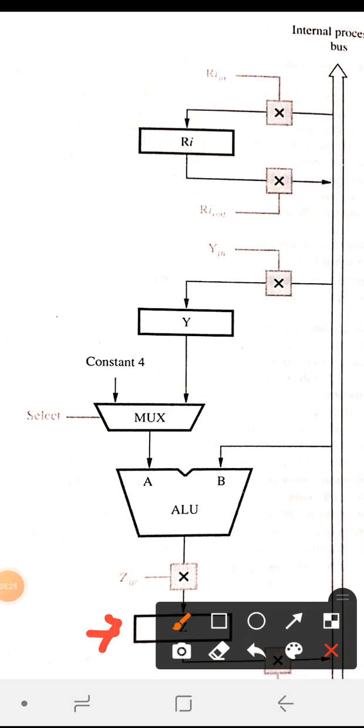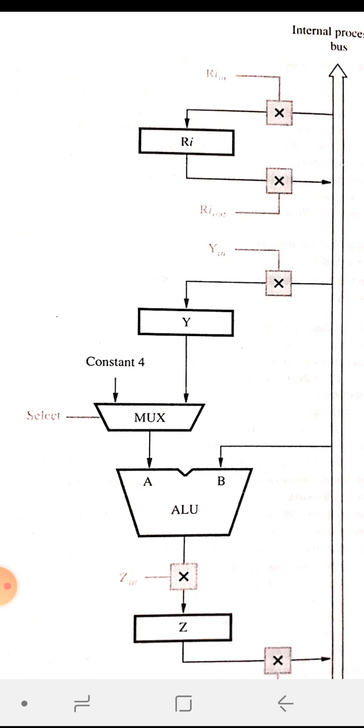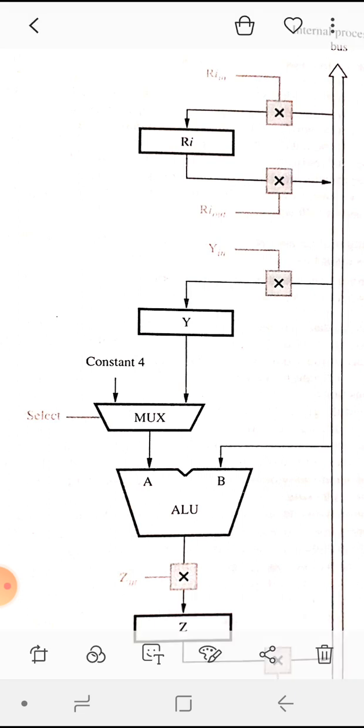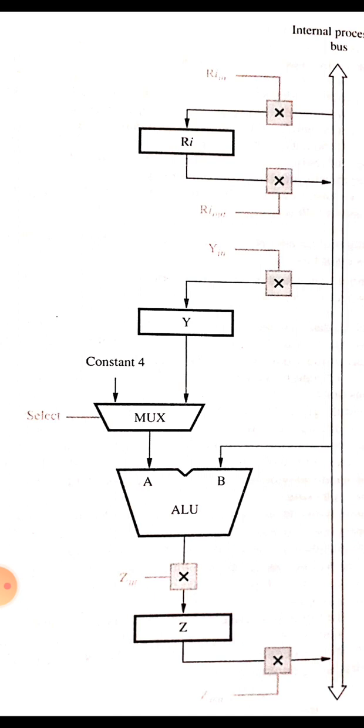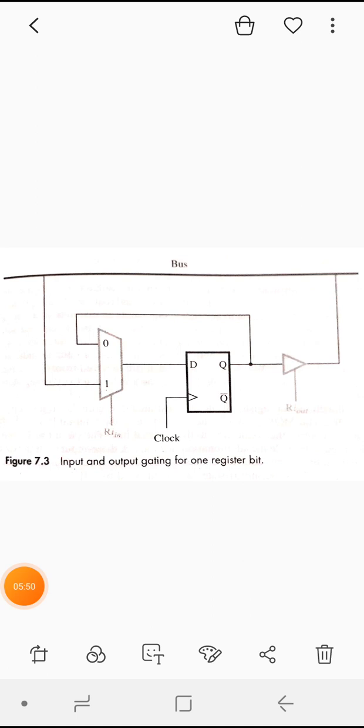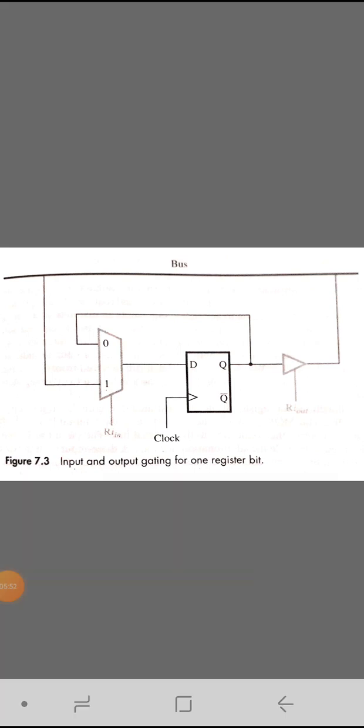So this Z is also having two control signals, one is Zin and the other one is Zout. So based on the status of the value we have given, that is whether we have to store the data from the bus to the register or from the register to the bus, you can give the value and select the status. So this is the example we have taken where we are trying to implement